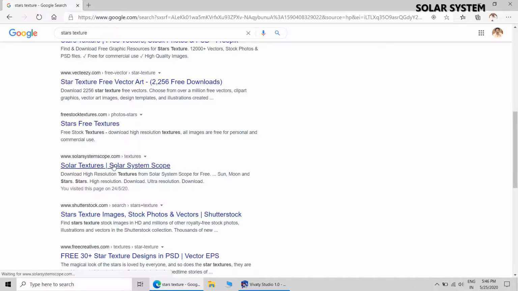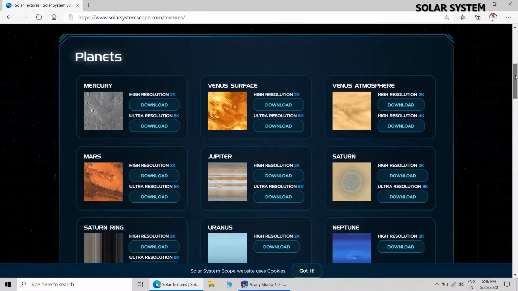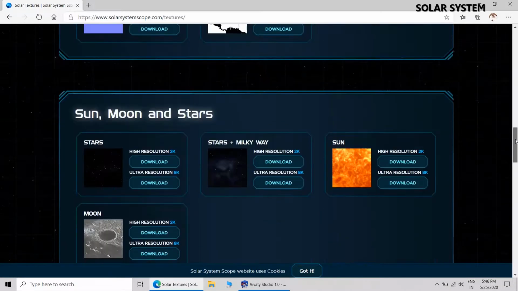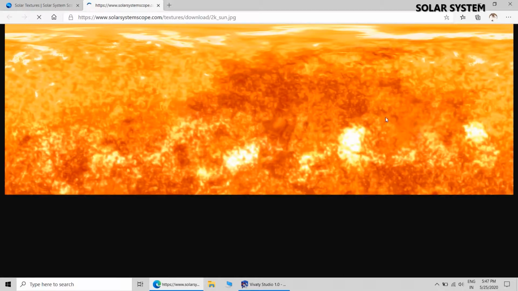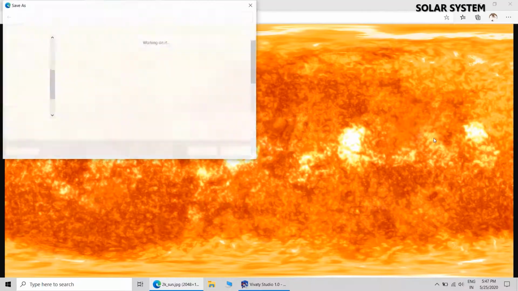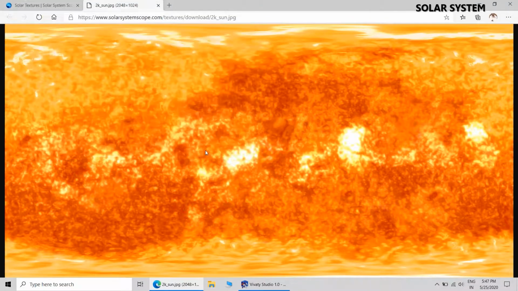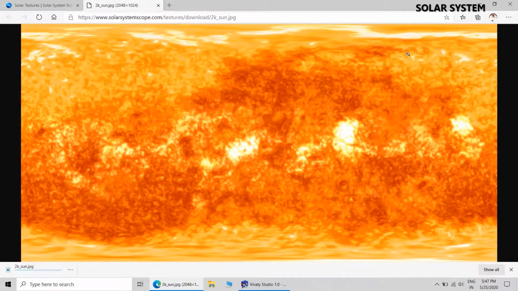This website I have recently visited to download the texture. It is solarsystemscope.com, and this is the texture. It is available in 2K and 8K resolution. High resolution texture is available. Yeah, this is the texture in high resolution. Just save this image as 2K sun.jpg. That's it.